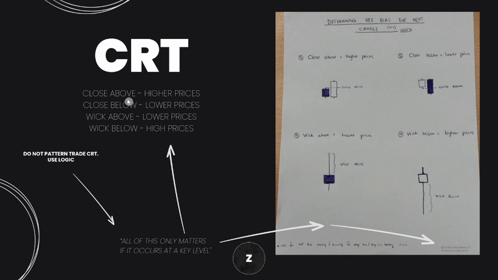You know this. Close above means higher prices, close below lower, wick above lower, wick below higher. Okay, but you have to not trade it like a pattern. Use the logic behind it. And if you have never seen this, look at this corner. All of this only matters if it occurs at a key level. This is the logic you have to use and wait for ranges to form at, above or below a key